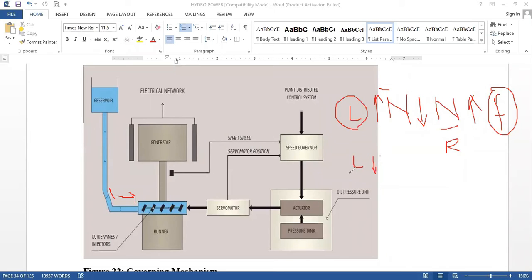So whenever there is a decrease in load, what will happen? It needs us to reduce the fuel intake into the turbine. So we have to control the fuel intake into the turbine, by which we can generate less power. Whenever load is decreasing, speed will increase, because we haven't controlled the flow of the fuel, that is water, which is coming into the turbine. Because of that, speed will increase, and because of this, frequency is going to increase.